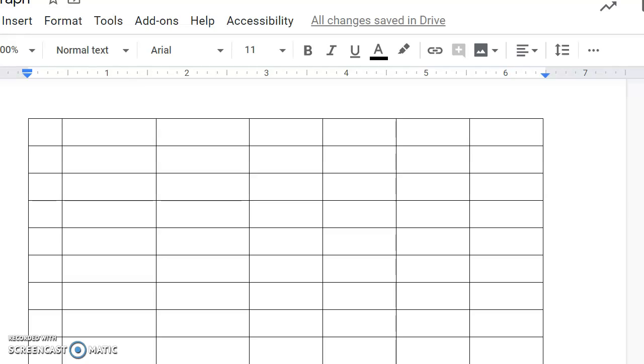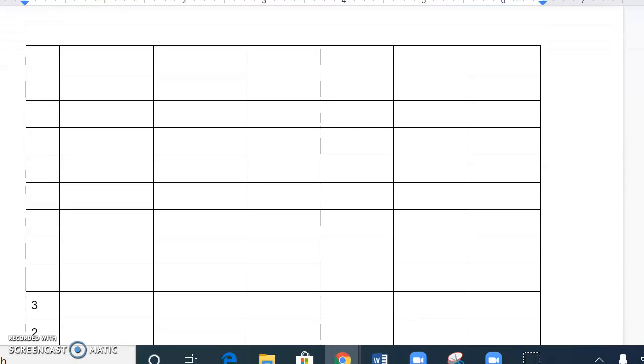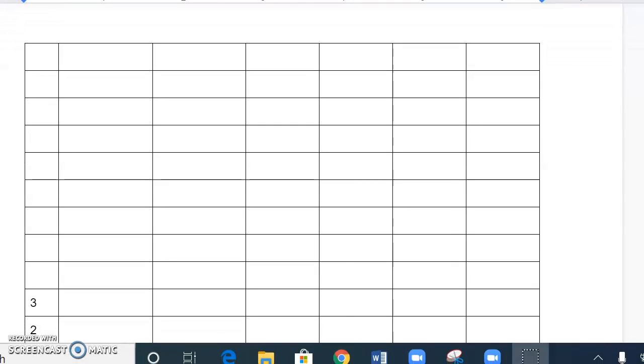Okay, everybody, it's time. I think Bridget is done growing, so it is time to start making our graph. Now, the first thing that you have to do when you do a graph is you have to name the graph so that people know exactly what it is that you're measuring. So the first graph that we're going to make is we're going to show the data of Bridget being measured